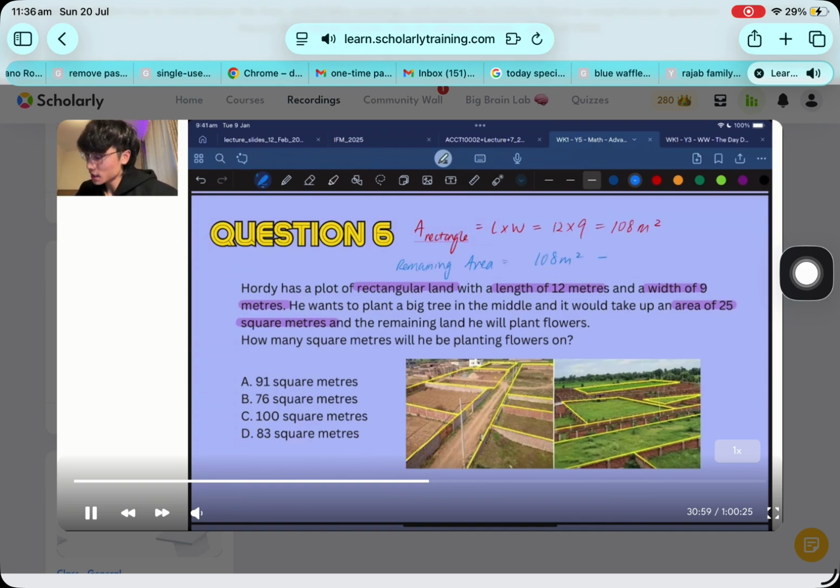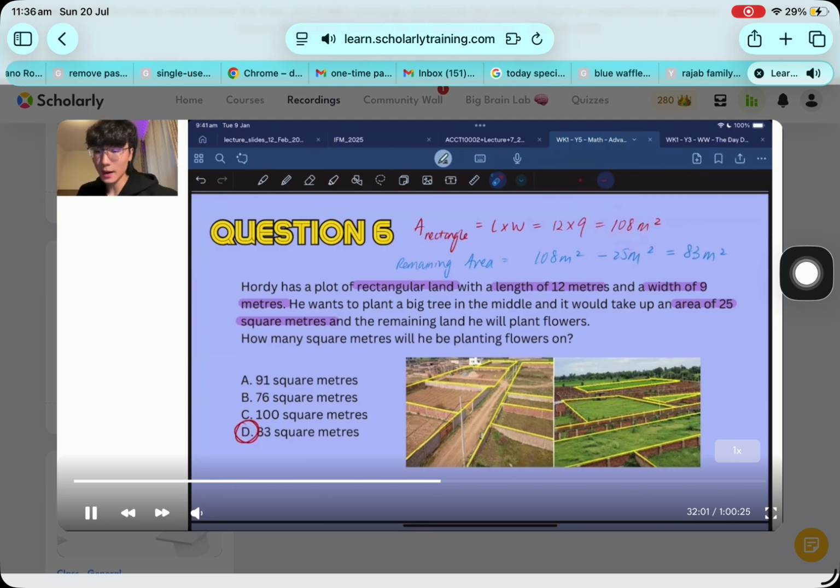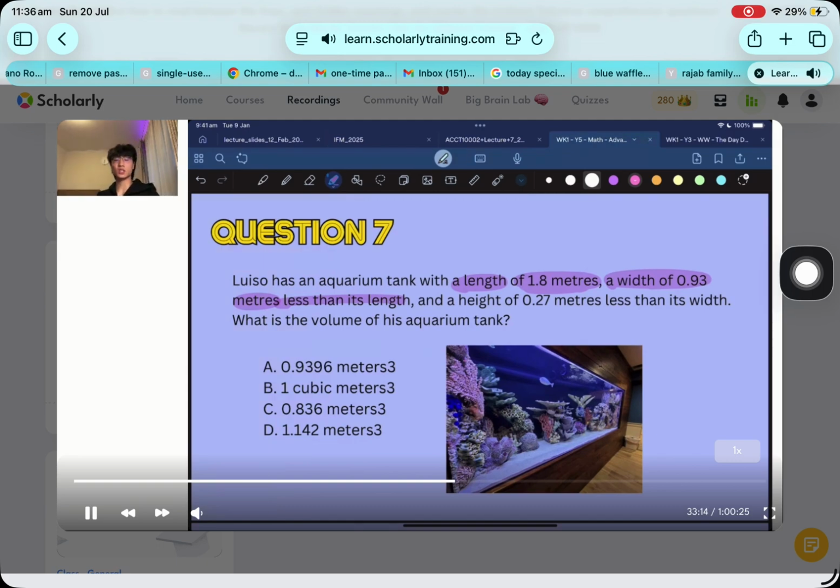Subtract the amount the tree takes up, which is 25. 108 minus 25. And if you look at the ones, it's just 8 minus 5, so 3 meters. It's just the length minus 0.93. And it also tells us that the height, actually, I'm going to use a different color so it's nice and clear that we're dealing with